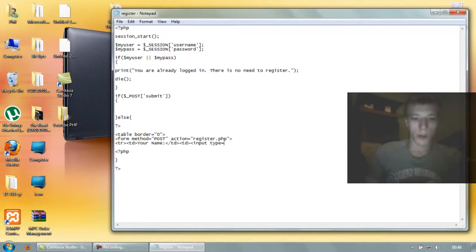and type in input type equals text, name equals name, no, not value. Okay, then end that td and end that tr as well, and start a new one, the same as before. Type in username, and type in input type equals text, name equals username, no, we don't want values, sorry,